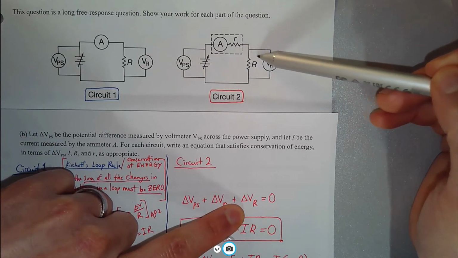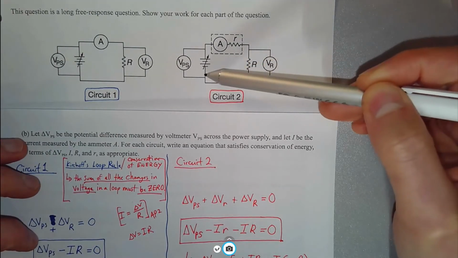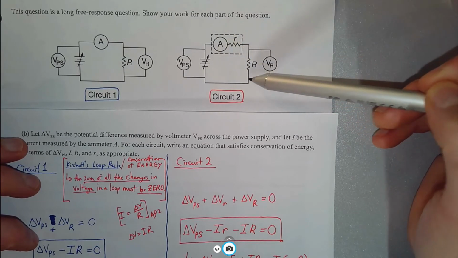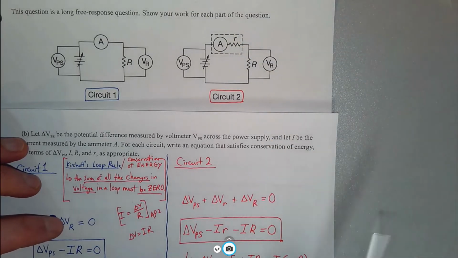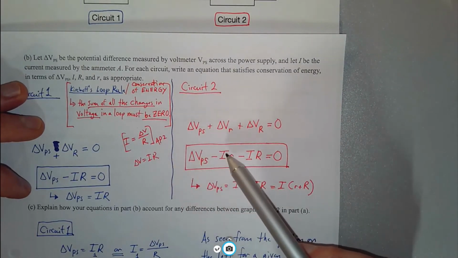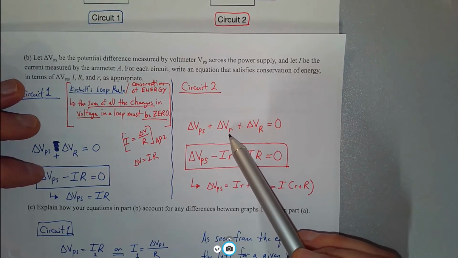And it's going to change when we go across the big R right there, so delta VR. We add up the changes in voltage across the battery, the internal resistor, and the external resistor. The sum of those things has to equal 0. And using Ohm's law again, an expression that's the same as the change in voltage across a little resistor is